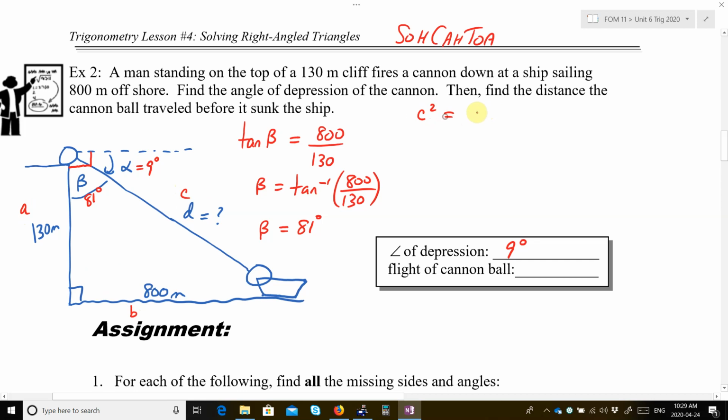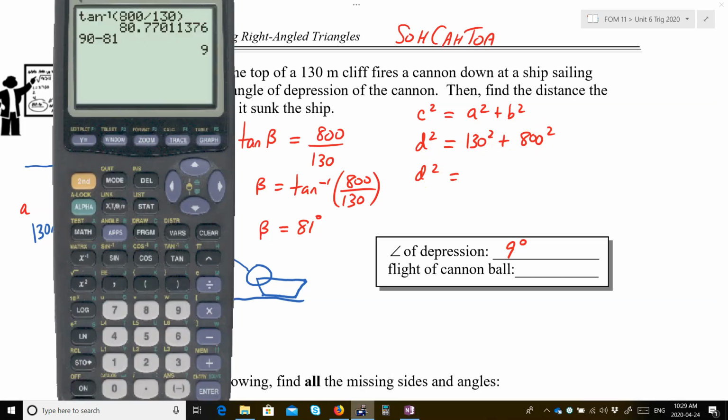So if I were to go c squared equals a squared plus b squared, the c is what we've labeled distance, d. So d squared is equal to 130 squared plus 800 squared. And what is that? 130 squared plus 800 squared, which is that